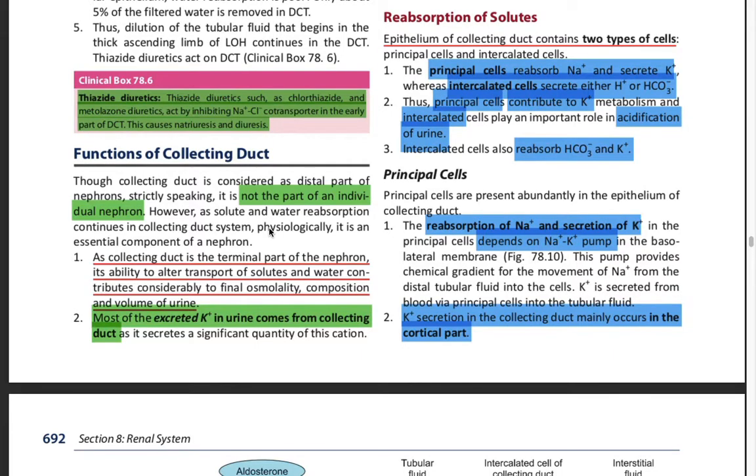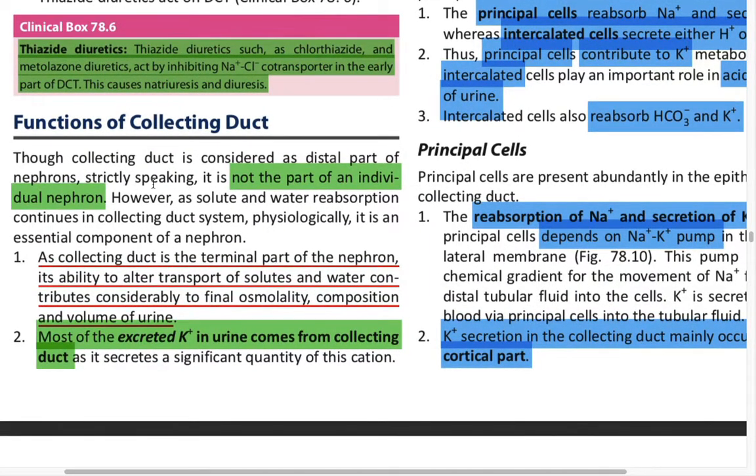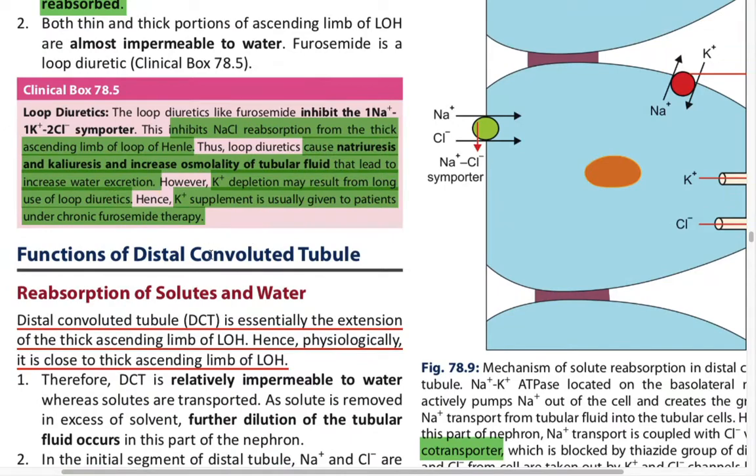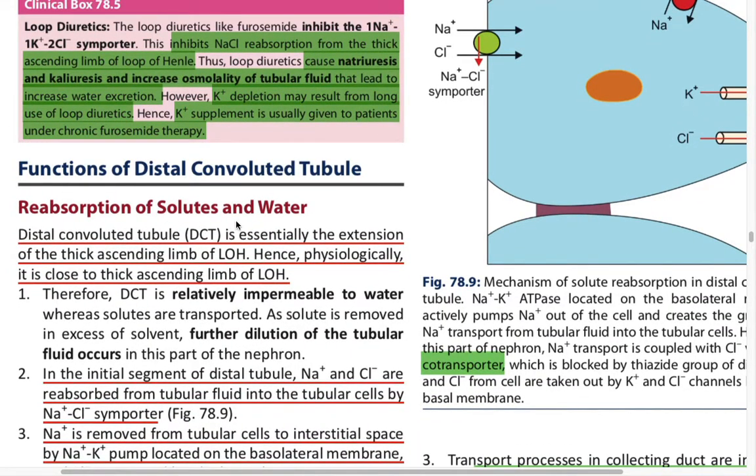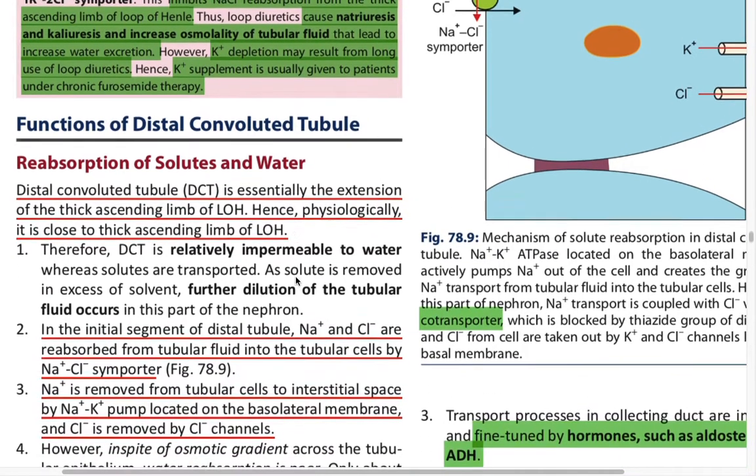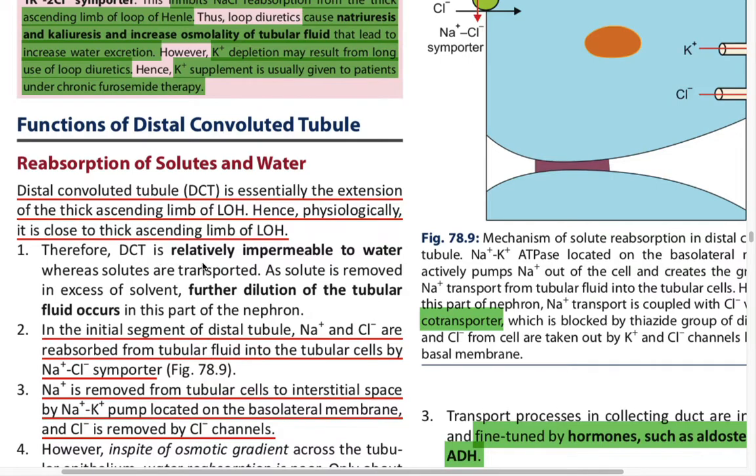So we are entering a new topic, the functions of the DCT, the reabsorption of the solutes and the water. The DCT is essentially the extension of the thick ascending limb of the loop of Henle. Hence, physiologically, it is close to the thick ascending limb of the loop of Henle. Therefore, the DCT is relatively impermeable to the water, whereas the solutes are transported. As the solute is removed in excess of the solvent, further dilution of the tubular fluid occurs in this part